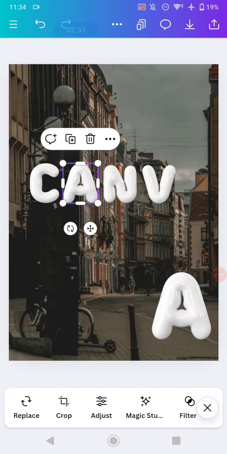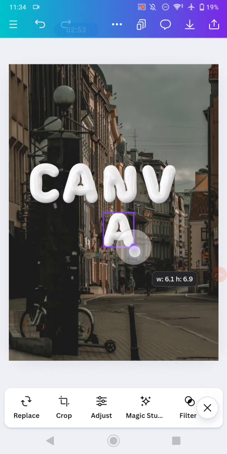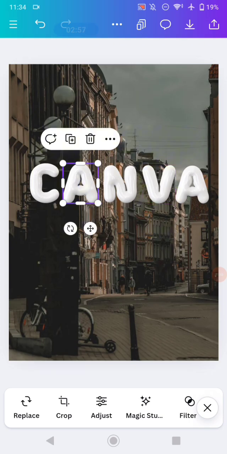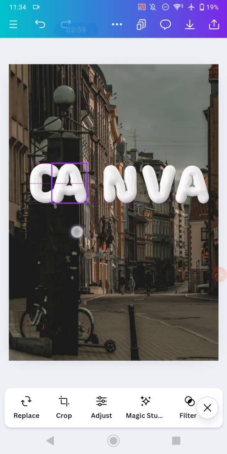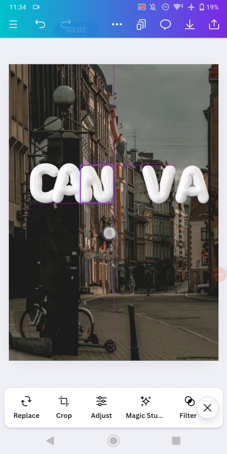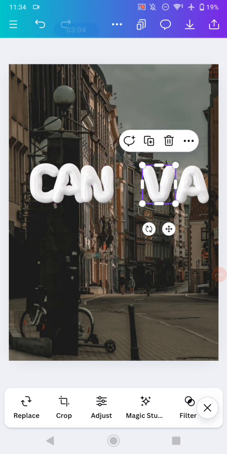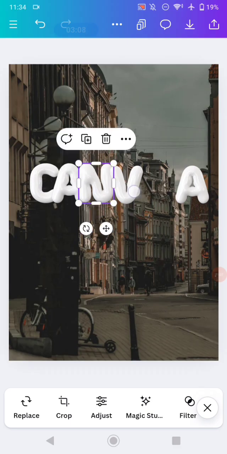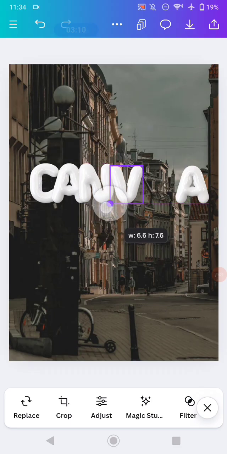Put it here, and the last part is the A, this one. Okay, now I'm going to put it like this, make it look like it's on top of each letter. Okay,